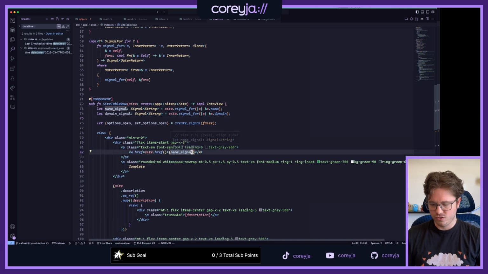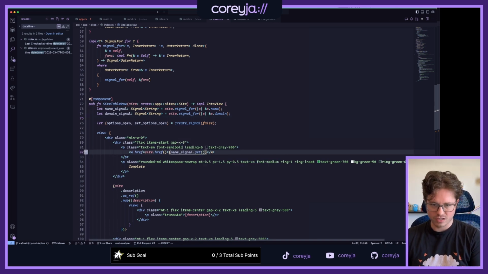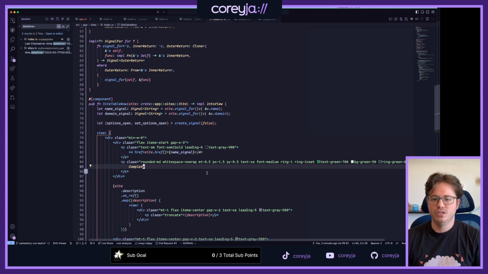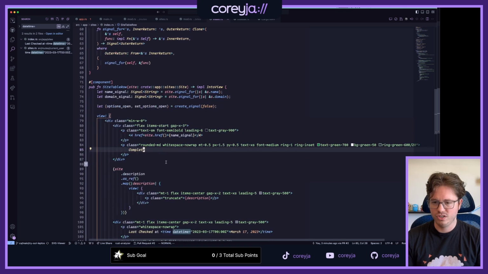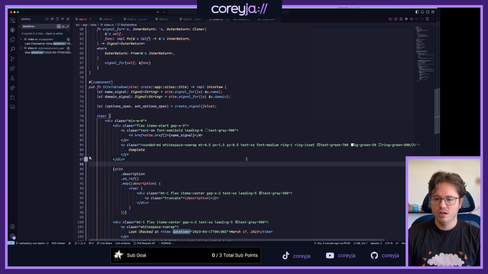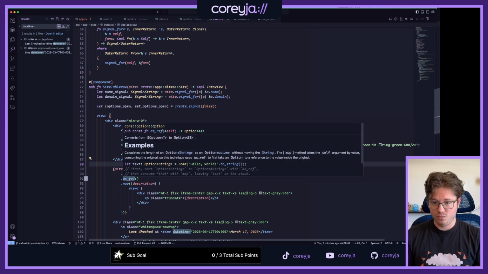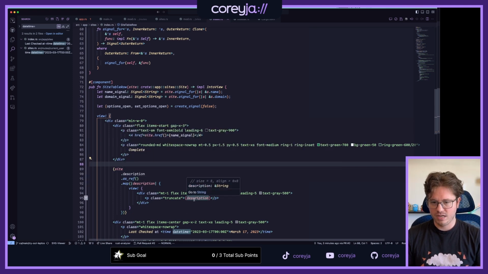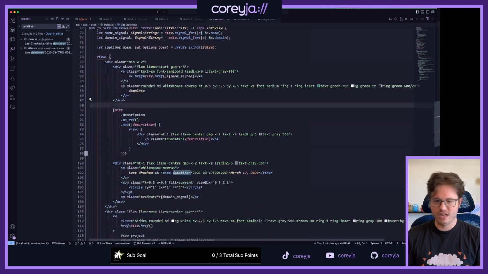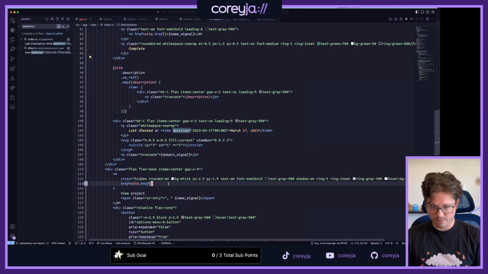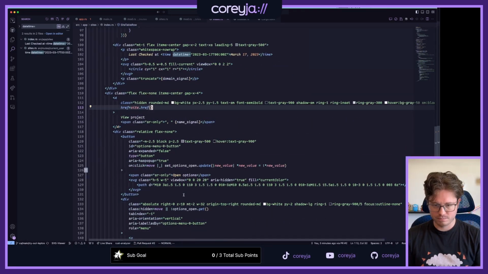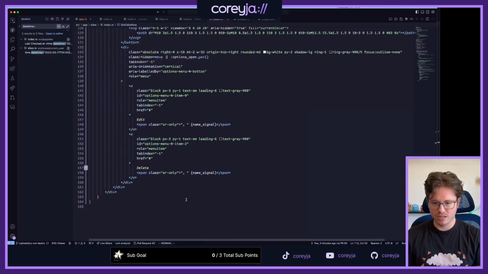And this is a signal so that I could do get on it and get the signal value, or call it and get the value off of it. But to render, you can just pass the thing straight down without needing any extra stuff on top. So that's what we're doing there. Description, as ref, map it. Yeah, it's interesting that that's fine and other things aren't. It's just so interesting. But yeah, cool. I think we are good to go.